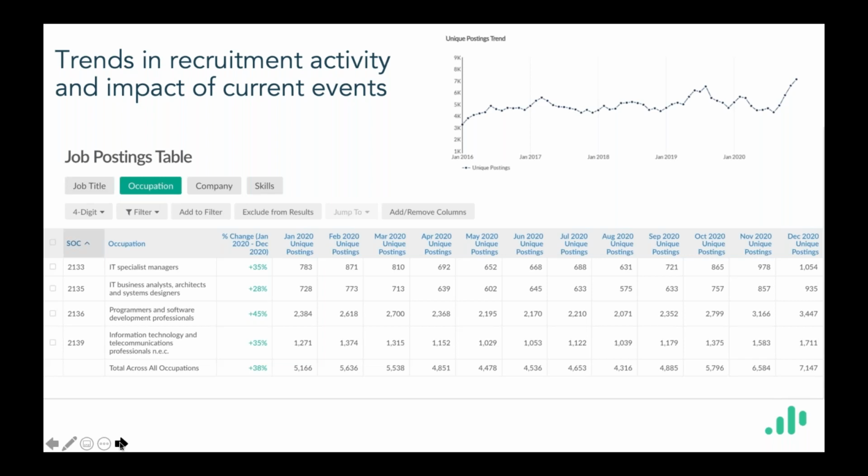And all of that can be filtered by the same occupation lens that we used for the structural LMI, so those 4-digit SOC codes, as well as for geography. So we can apply those definitions that we decided on. So here what we can see is job posting activity for those same occupations we've mapped to the AI data specialist standard, and the long-term trends are shown in the graph.